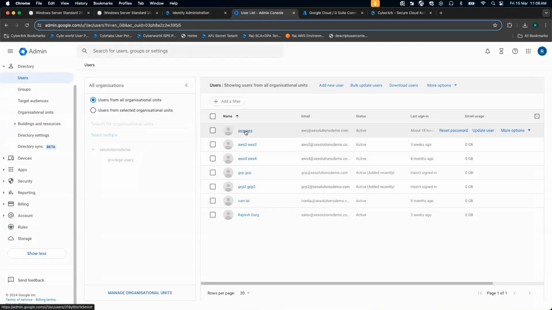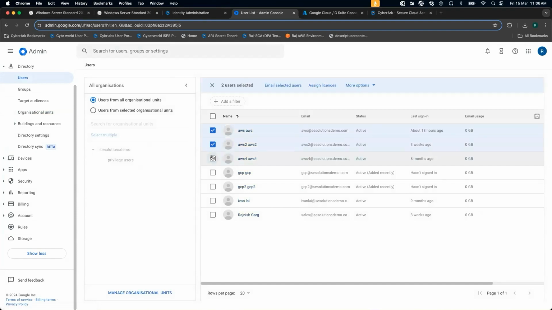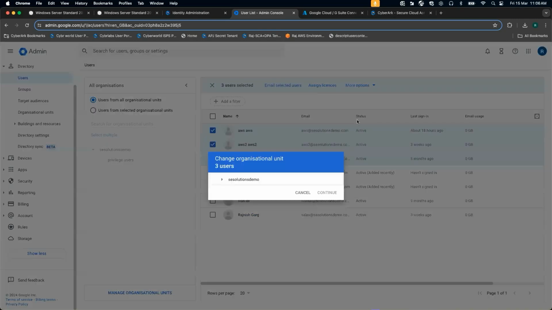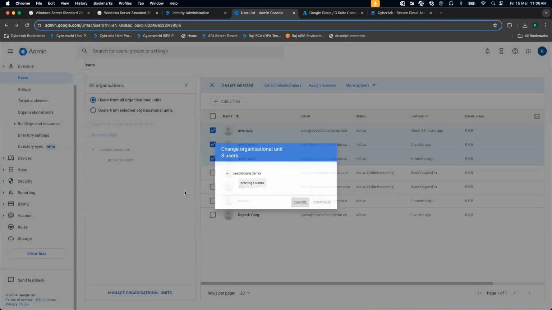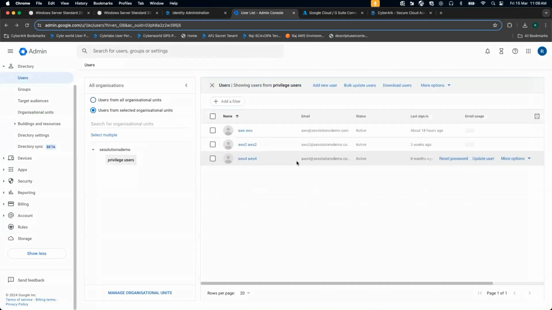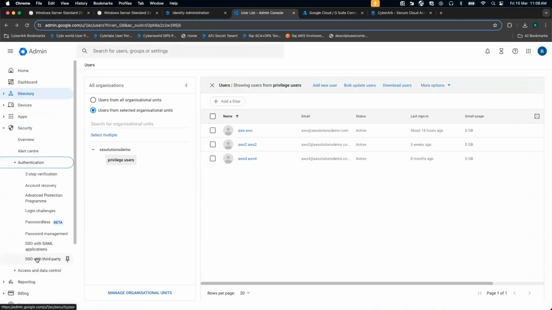So if you click on this AWS and AWS2 users, we can park these users under the privileged users configuration. Here you can see these users are already part of the privileged users organizational unit. If I click on the privileged users, you can see all the three different users part of my privileged users organizational unit. So as a next step, we have to go to the SSO with third-party app,